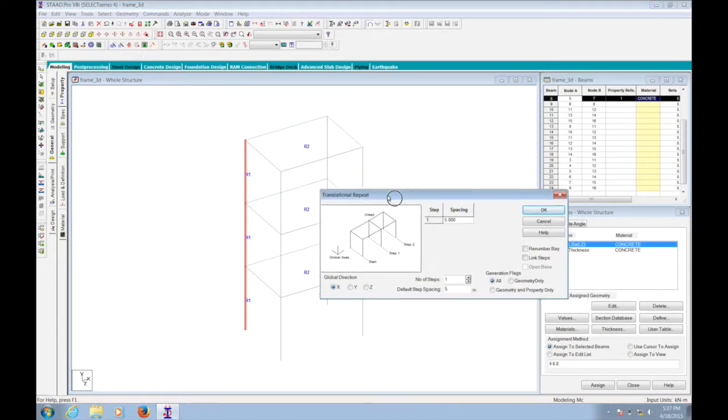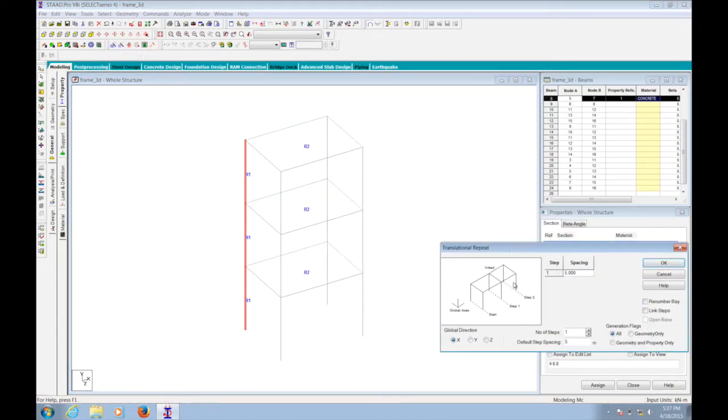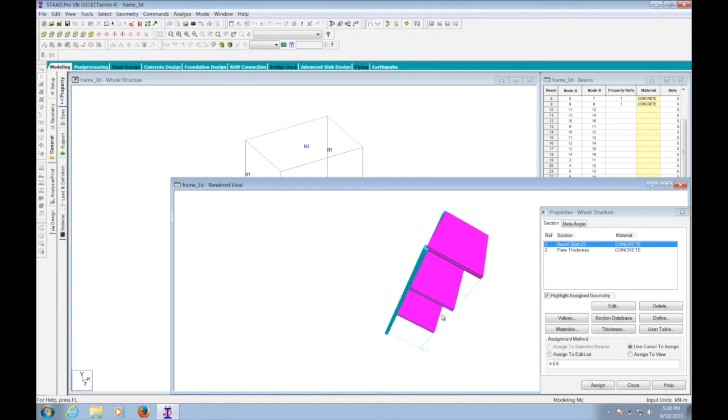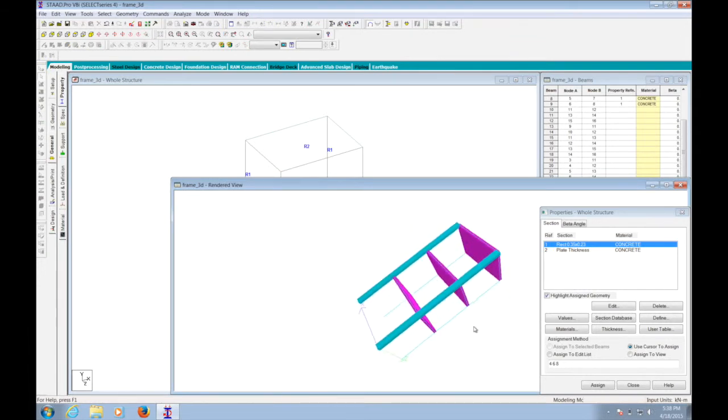I want you to pause your video here and think about it, what steps we should take to get this property here. Okay, so now this will be x direction at 4 meters. Okay, so this is a very good option here, that is 3D rendering view. I'm sorry, it will always tell you your progress.